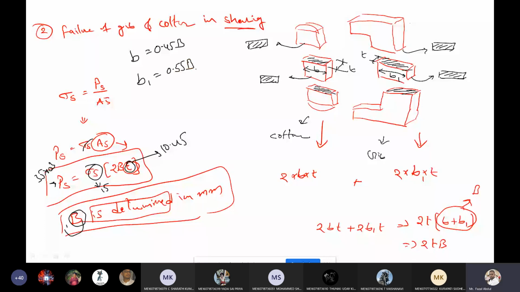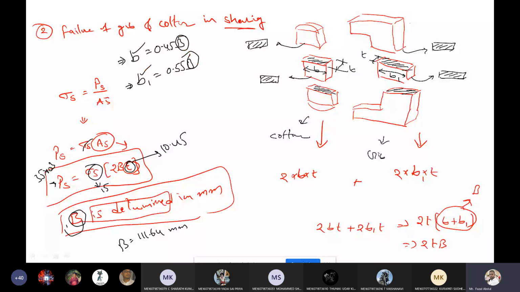Get the value B, capital B. Sir, it is 111.64, sir. Capital B value 111.64. Okay. Capital B. So after getting the capital B, this empirical relation we have, make a note. B is the width of the quarter. B1 is the width of the gib. So substitute the B value here, you will get the small b. Substitute the capital B value here, you will get the B1.